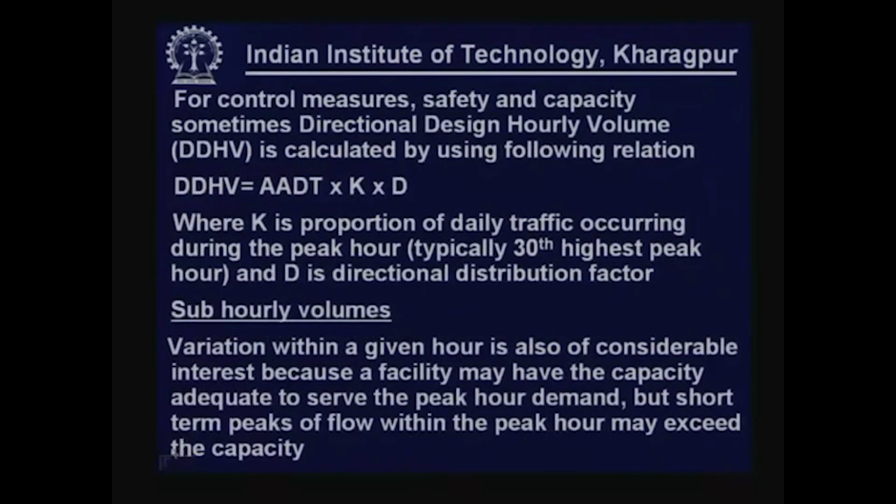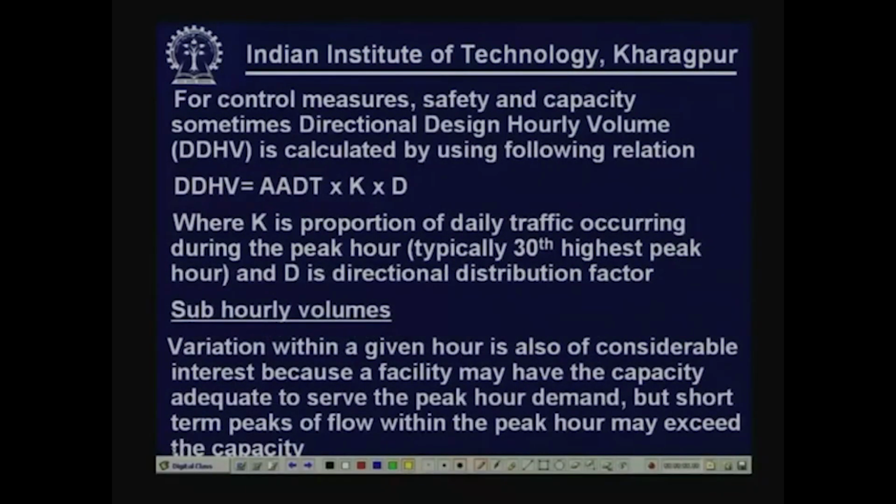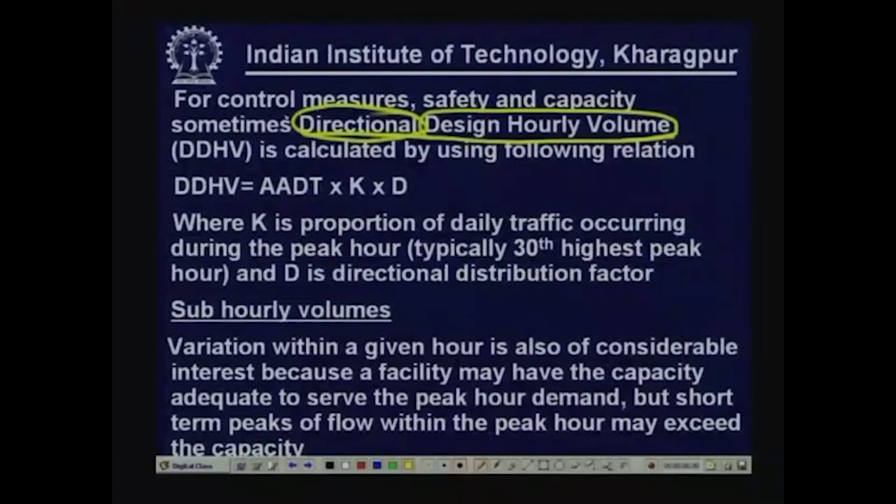Sometimes we express traffic volume in terms of directional design hourly volume. Design hourly volume is fine, then the added thing is the directional part, because if traffic in both directions is not balanced, then sometimes we use it for control measures, for safety analysis, and also for capacity analysis. So, DDHV, directional design hourly volume, is expressed by ADT multiplied by K multiplied by D, where K